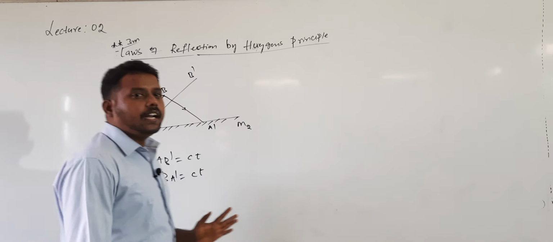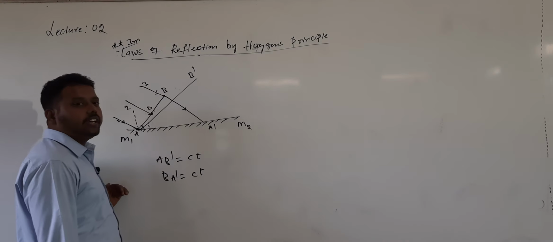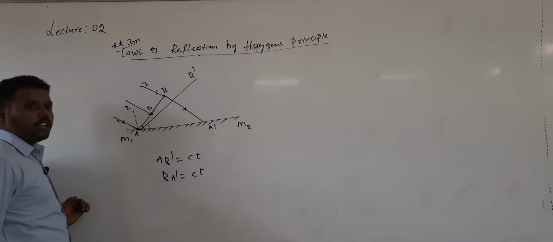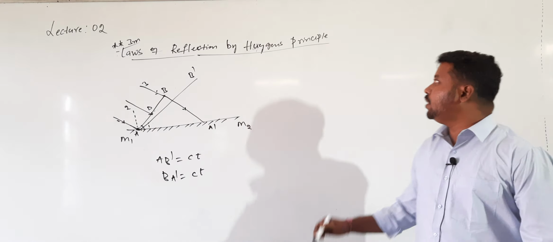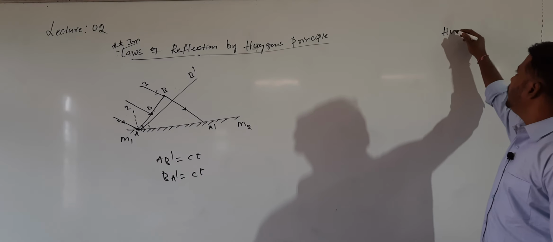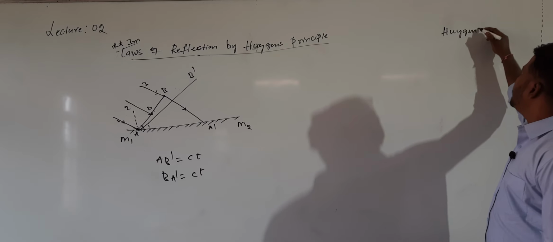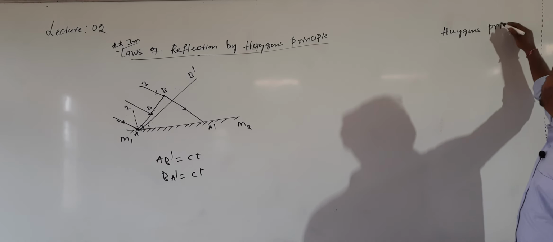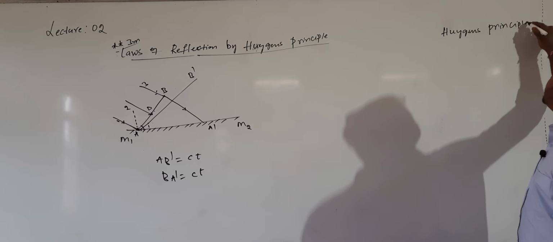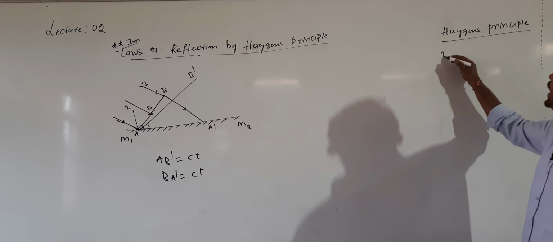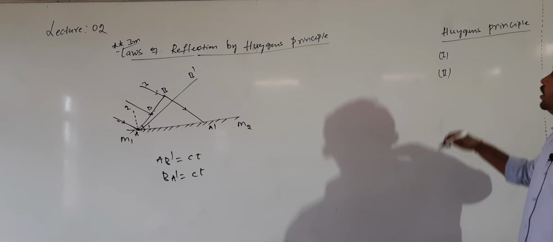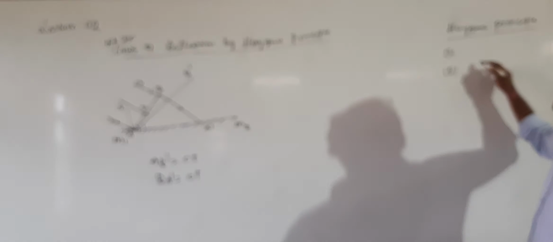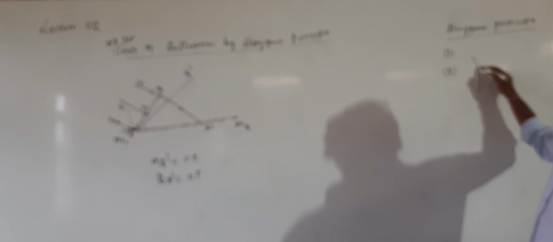Now I know the incident wavefront. What do I want to locate? I want to locate the reflected wavefront. We are using the Huygens principle. So what are the 2 points of the Huygens principle? The first point is that every point will act like a secondary source which will emit light in all directions, which travels with the velocity of light. Then how can I construct the second one? By taking those points as centers and the distance travelled by the light emitted from those points as the radius.